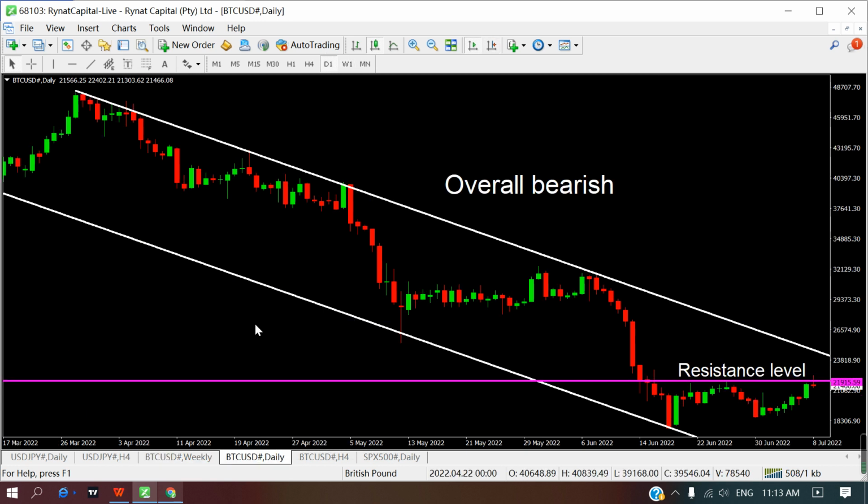So this is the daily chart. We see in this daily chart the price is actually still in a bearish market. We see this is a bearish channel, right? And it is supported here, and the price is on its way to pull back, but it just reached a support level, which is a